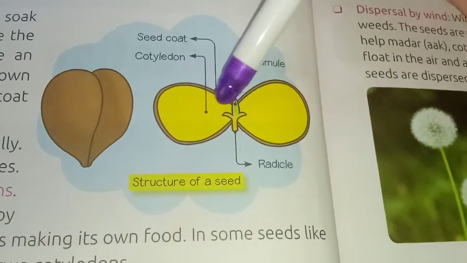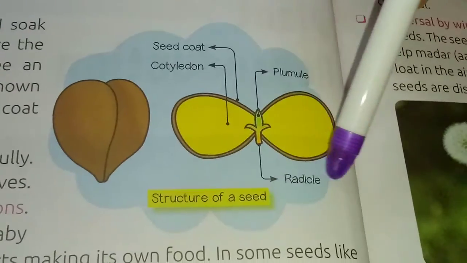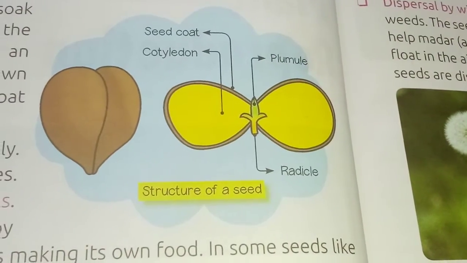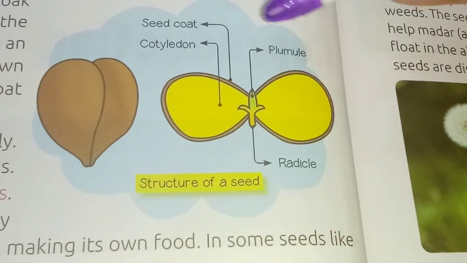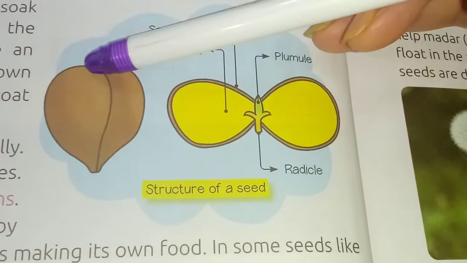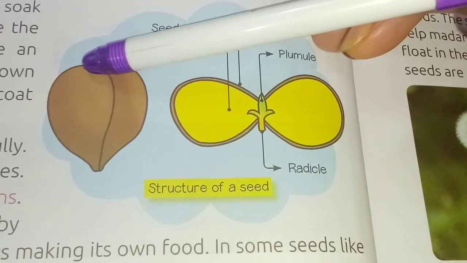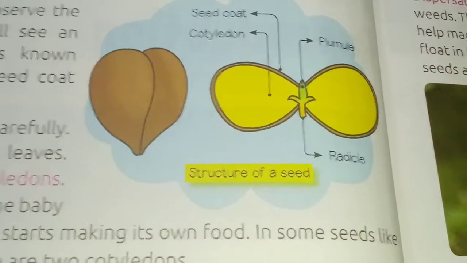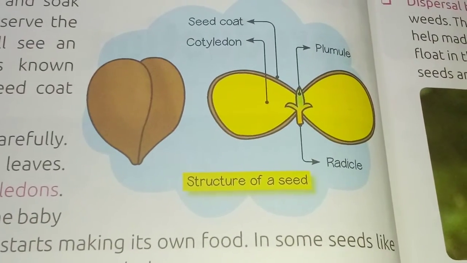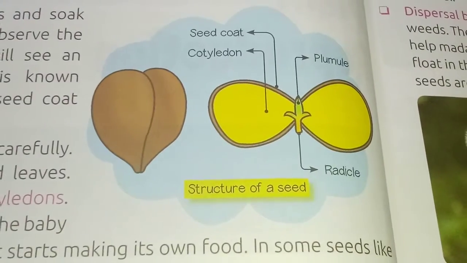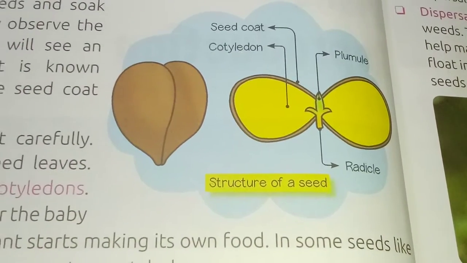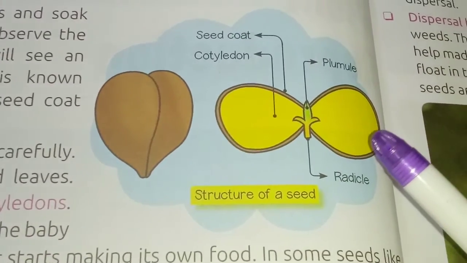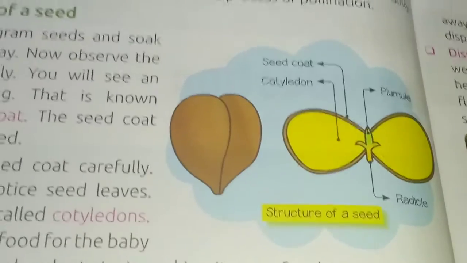You can see here the seed coat, the brown part. The seed coat has a tiny pore called micropyle. Here in a gram seed you can see a tiny hole. It is called micropyle. Actually, micropyle allows the water to enter the baby plant before active germination. For germination, the seed needs water. For that, there is the existence of micropyle.